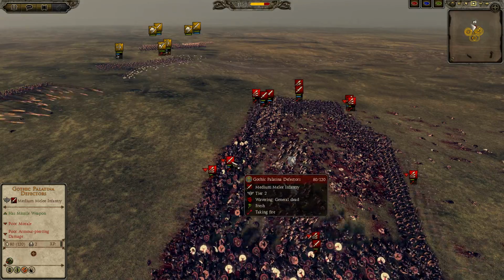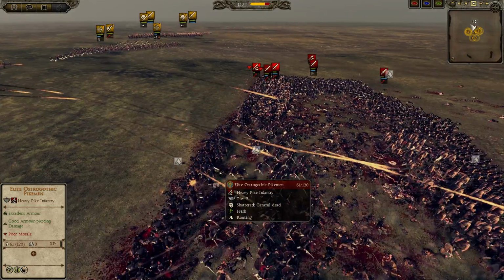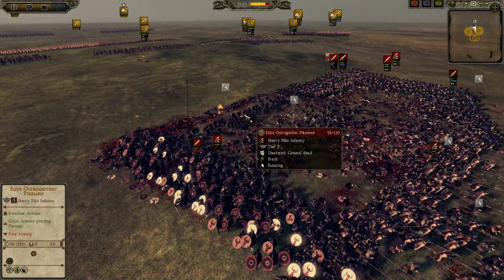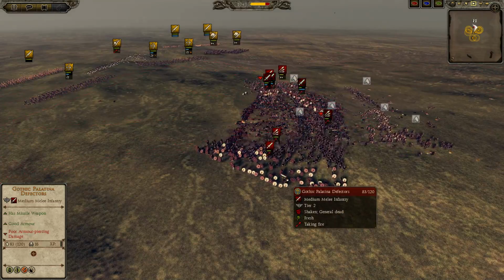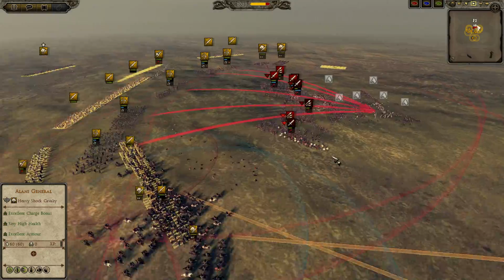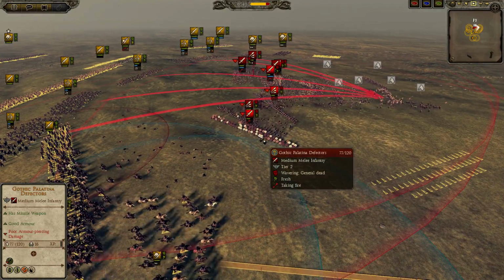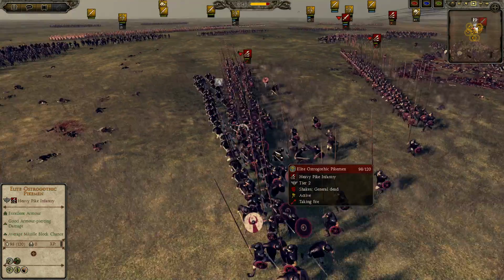As you can see, all of these units are routing off the field and shattering immediately. So this is not looking good at all for the Ostrogoths here. Look at everything just chain routing here. As you can see, now the Ostrogoths are trying to push forward and do what they can to maybe change something, but at this point all these units have just,